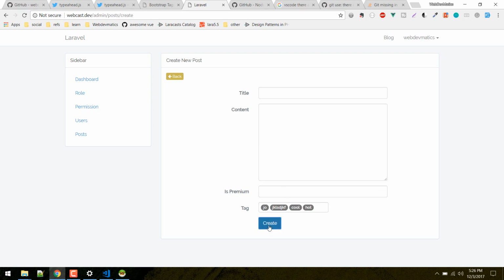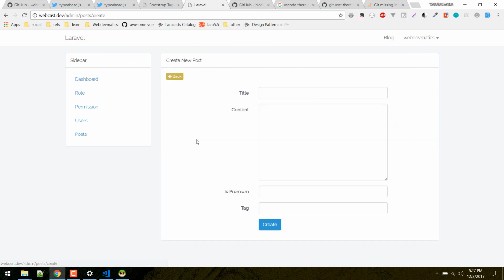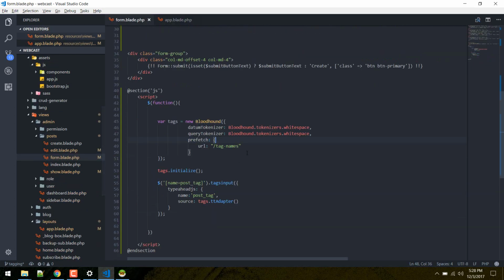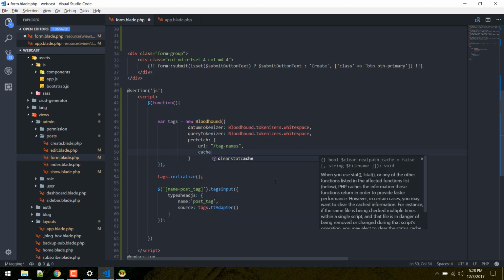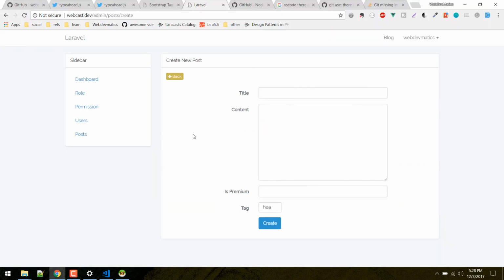So autocomplete is working perfectly. Yeah, for testing purposes, let's make some more data. Okay, so let's try to include it. Actually here inside our form, it is caching these results. So if something changes in the database, it is not reflecting here. So what we can do is set cache false, so it will fetch new data every time. Yeah, so we got